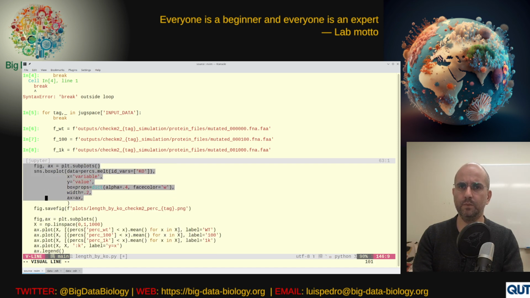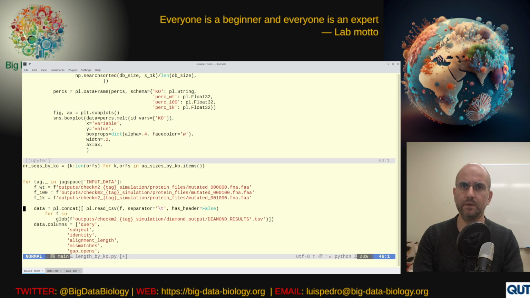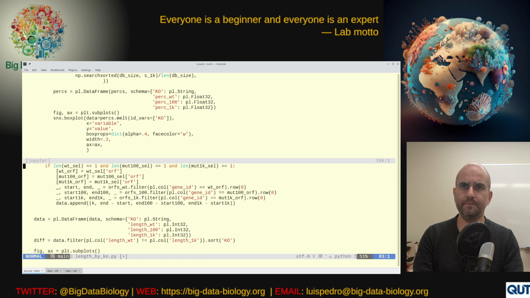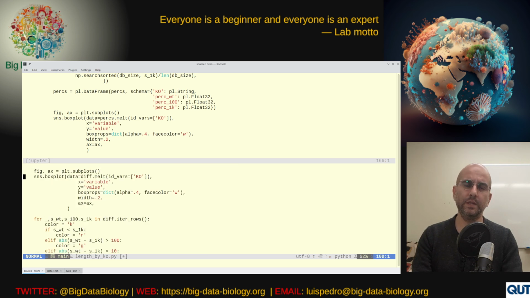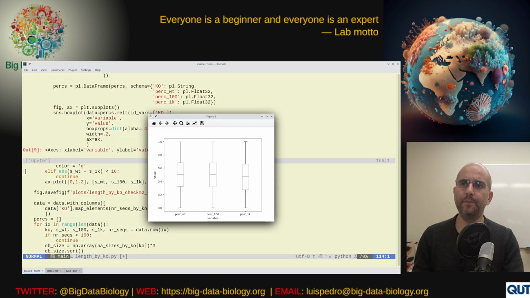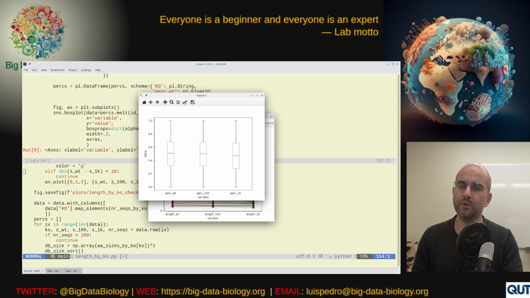We had done this before already, but now we just repeated it. Importantly, here we're looking at all of the KOs, not just the ones where there's a difference. And so this is now percentiles.